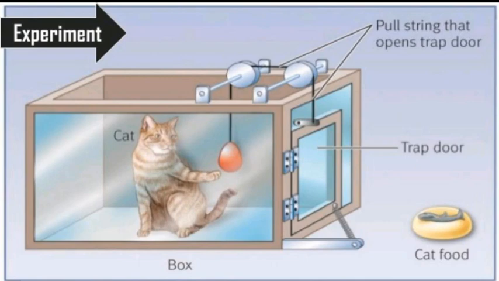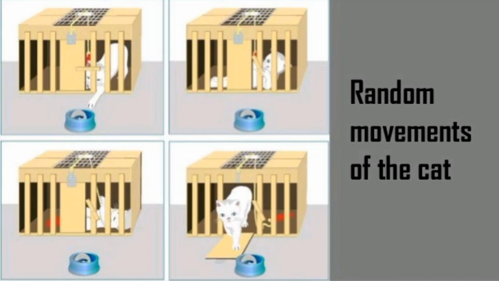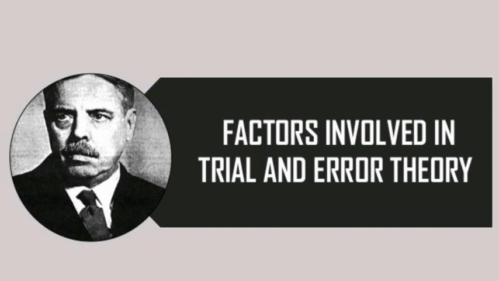Now we can see the experiment, how the cat is pulling and trying to open the door. And here fish is the stimulus. So many random movements were made by the cat. So here the factors involved in trial and error theory are